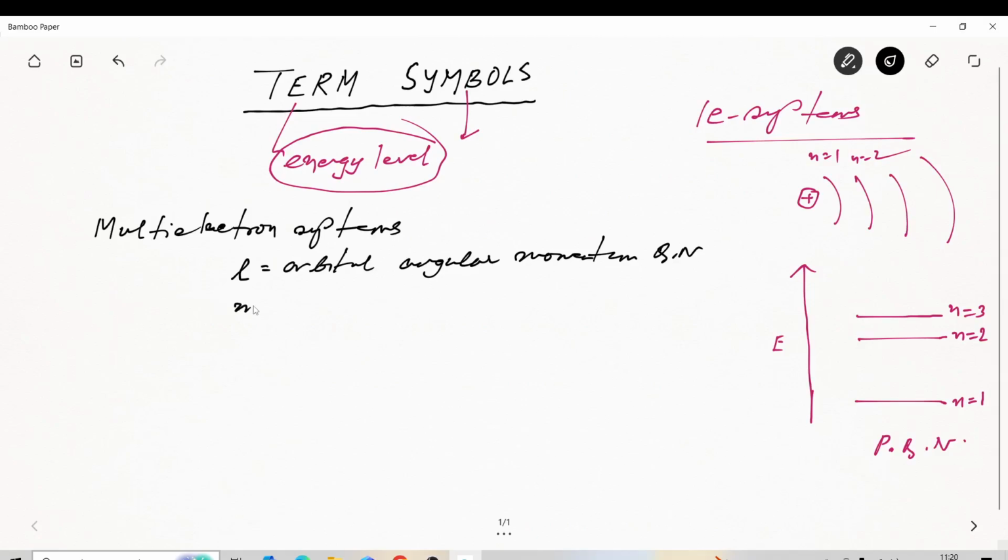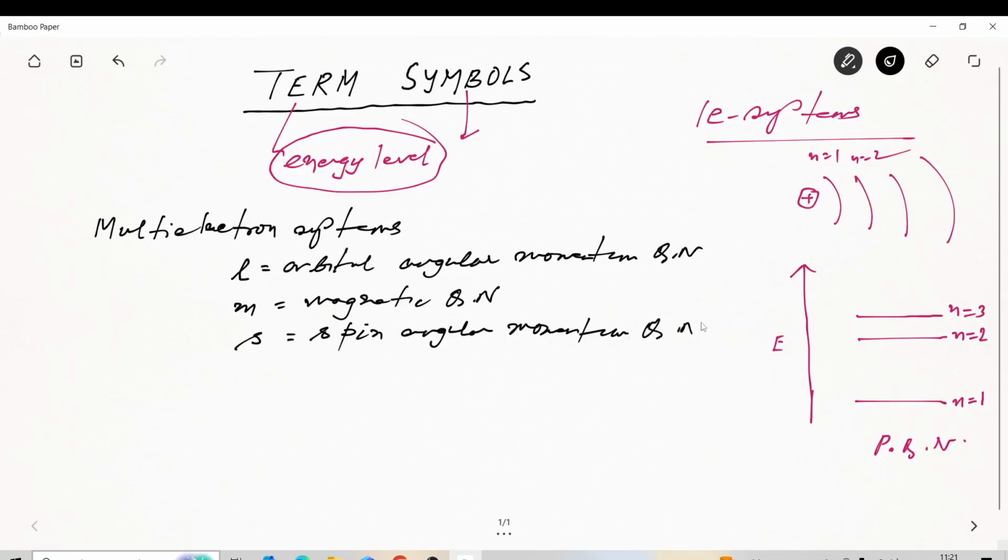m, this is the magnetic quantum number. And there is another quantum number, you know that this is the spin angular momentum quantum number, বা আমরা স্পিন বলে থাকি, spin angular momentum quantum number. Okay, spin angular momentum quantum number. Now,